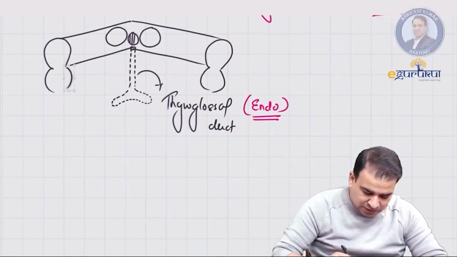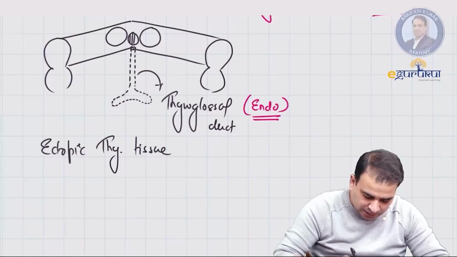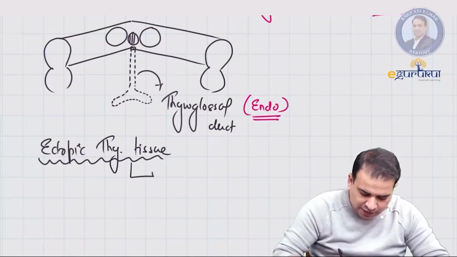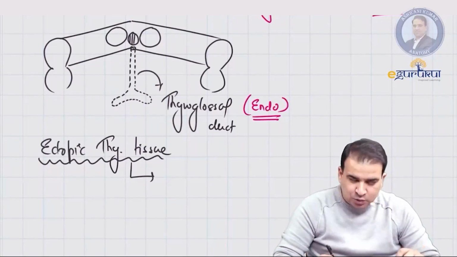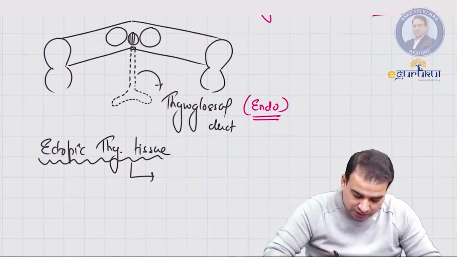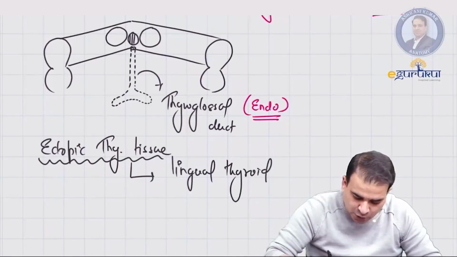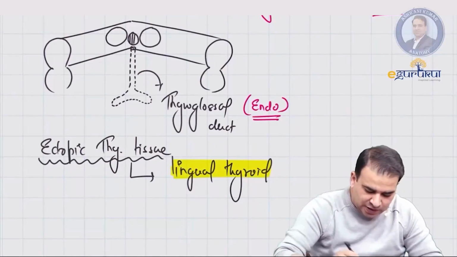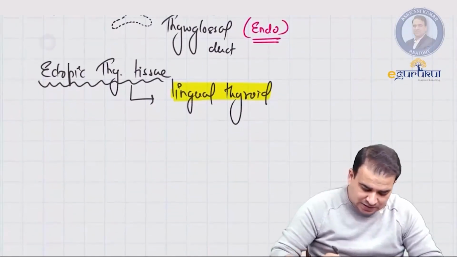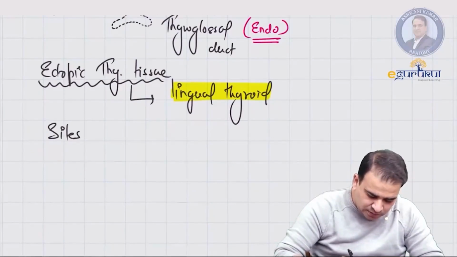So first of all, please note that ectopic thyroid tissue can be present anywhere in the region from the tongue to the anterior part of the neck, but the most common site for the ectopic thyroid tissue is the lingual thyroid. That is a lingual thyroid. It is the lingual thyroid. But yes, if the question is asked about the site for the thyroglossal cyst, I need to tell you the sites for